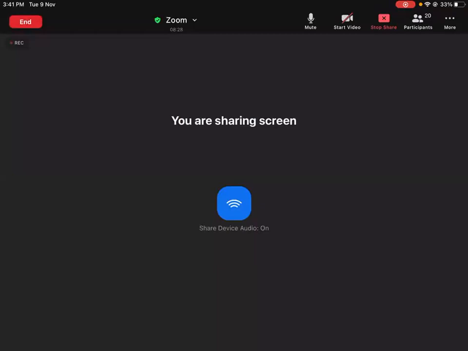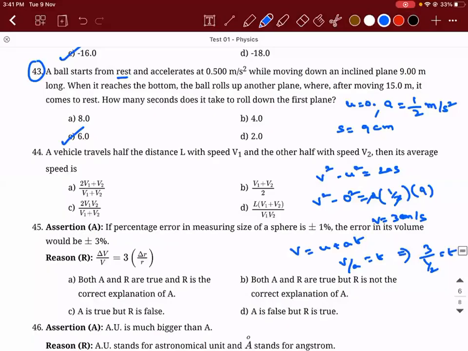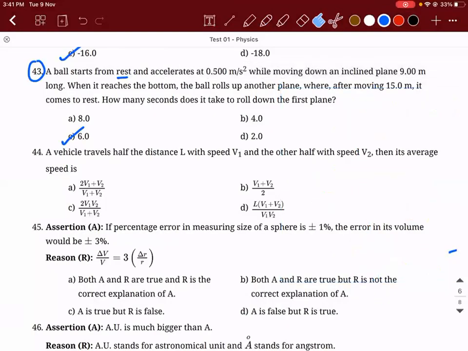So I hope you guys have copied it. What about the next one? So there is a vehicle that travels half the distance with a speed of v1. See, wherever the word speed comes, what is the keyword for it? So what does that mean? Wherever you see the word speed, acceleration is 0. Have that in your mind, okay?